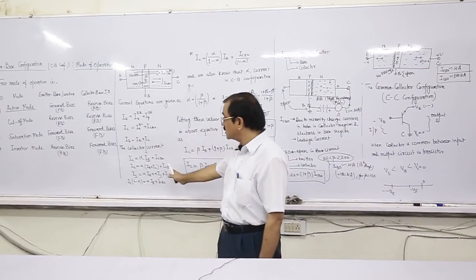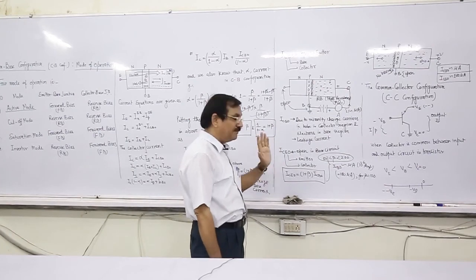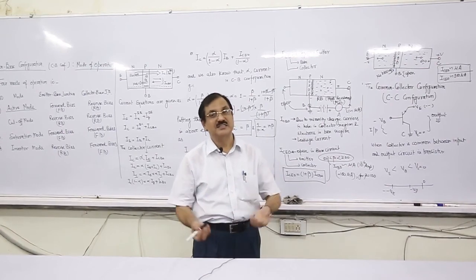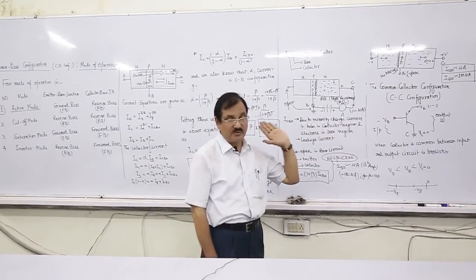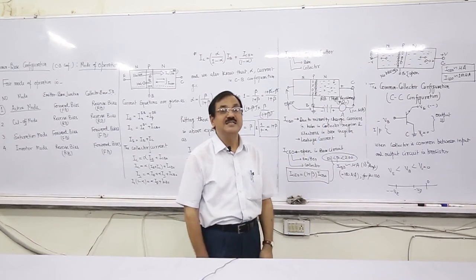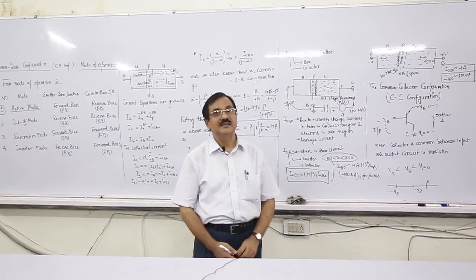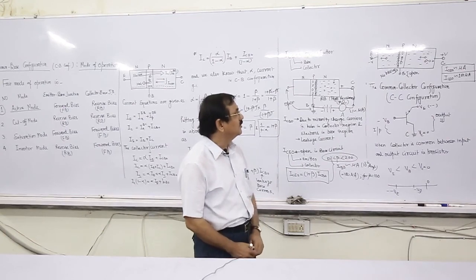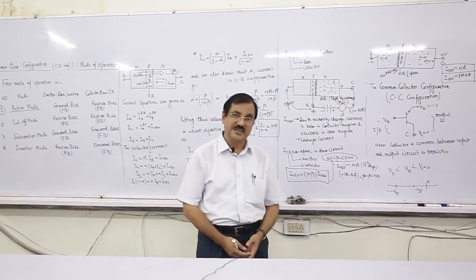This is the current direction and its part of the component. And here is the development of the concept of leakage current: what is leakage current and how it gets amplified when current is flowing across the junction. So we have two concepts. One is ICBO, the collector base leakage current, and another is ICEO, the collector emitter leakage current.